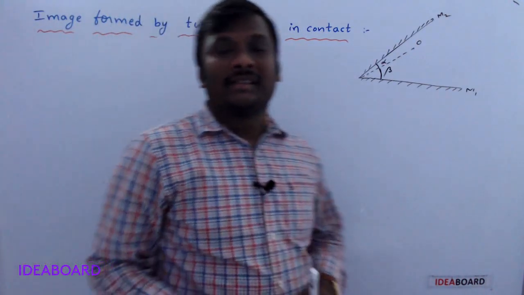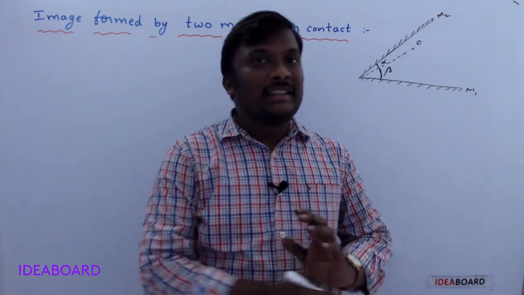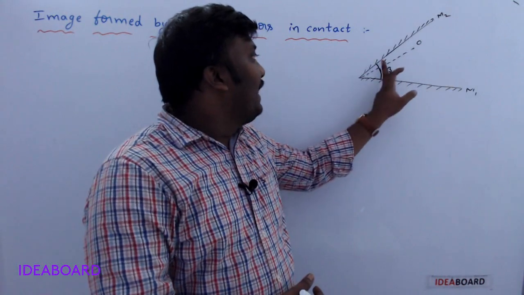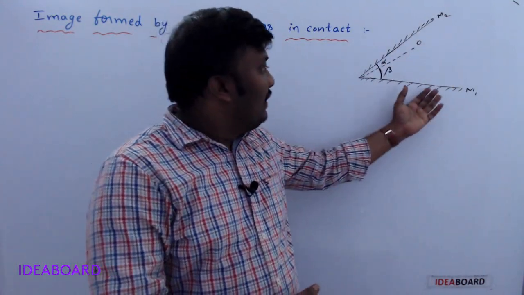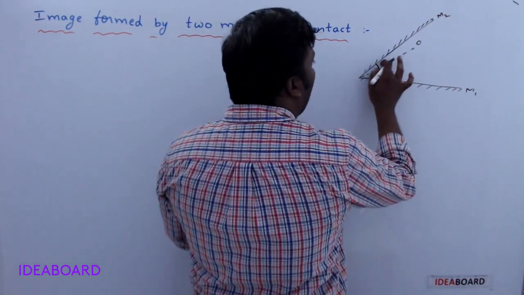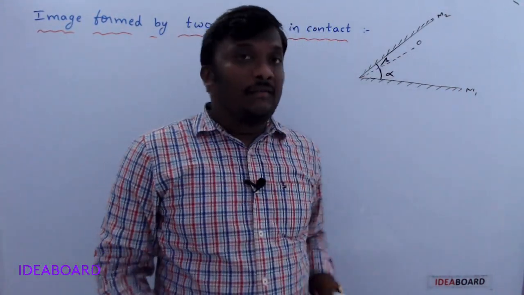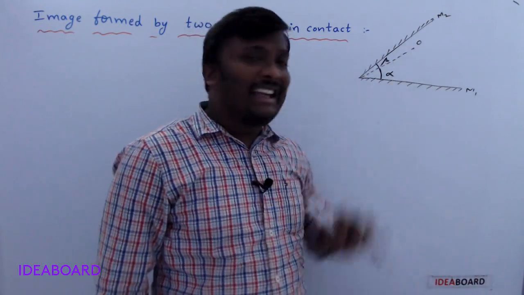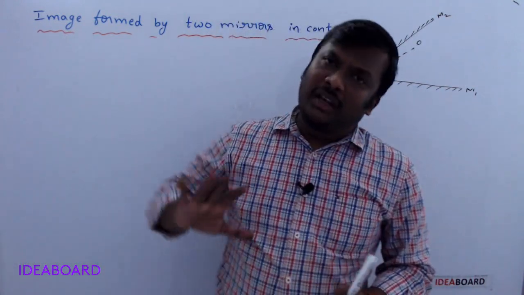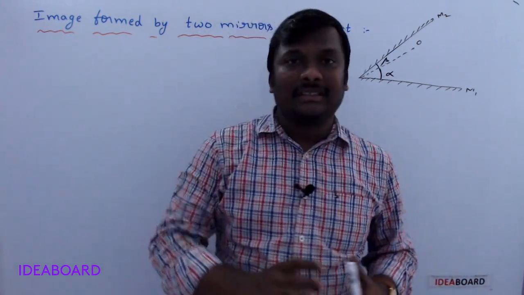To find the number of images, we have another method called the crisscross method. In this method, let us see. Suppose the object is making an angle alpha with M2 and beta with M1. Otherwise, you may take this one as alpha and this one as beta. If they are given like this, for suppose this angle is 20 degrees and this angle is 30 degrees, then how many images are formed? You can use the general formula we said previously. Now it is another method, just listen carefully.